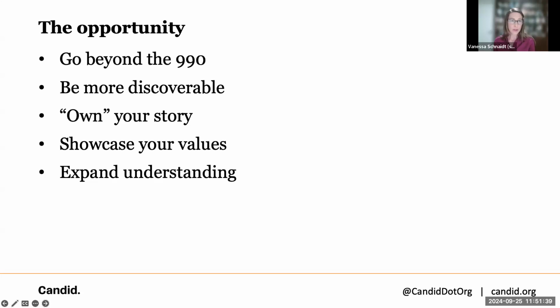Second, we see our profile as a way to make our organization more discoverable. So we know that lots of people, including funders, rely on Candid profiles to research organizations and look up 990 information. Tracy's comments earlier certainly underscored that. And so having a profile lets us introduce ourselves in the places where people are already spending time. And in this era of ever shortening attention spans, this is a one-stop shop approach that means I don't have to rely on someone looking up the 990 for my organization and then visiting our website to understand more fully what we do and the impact that we make in the world, right? So we're meeting those audiences where they are.